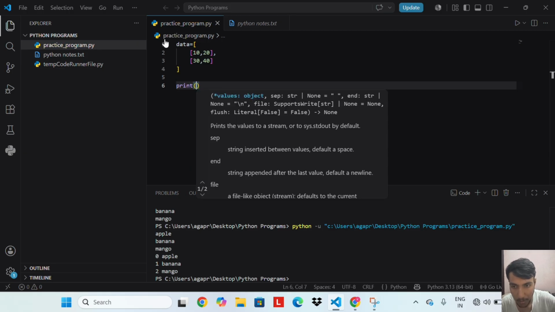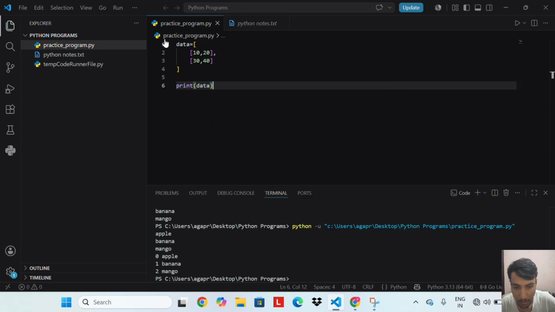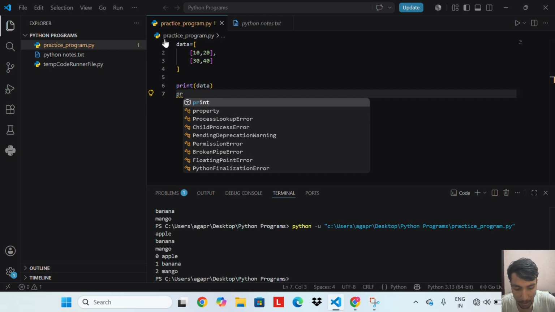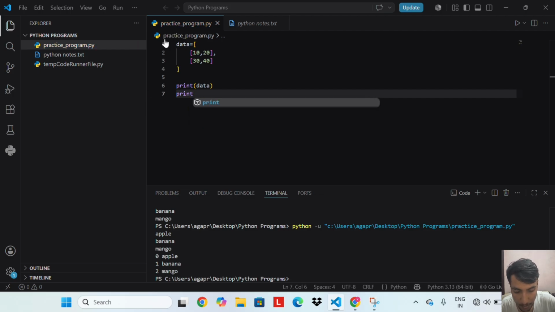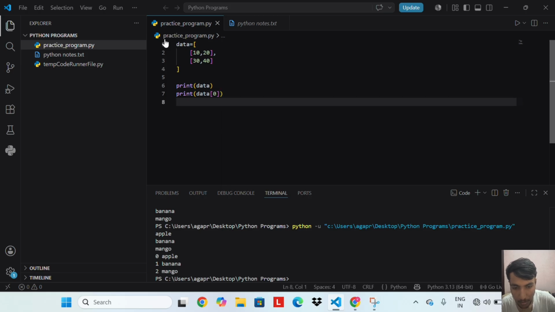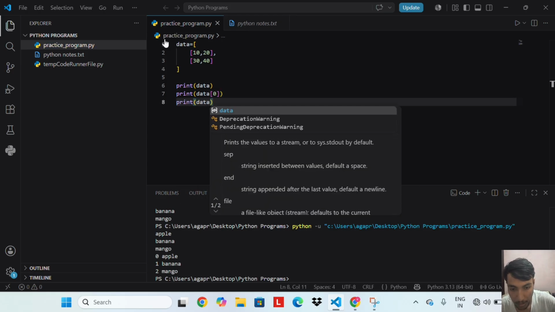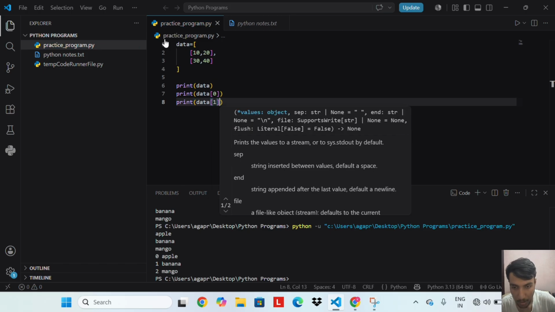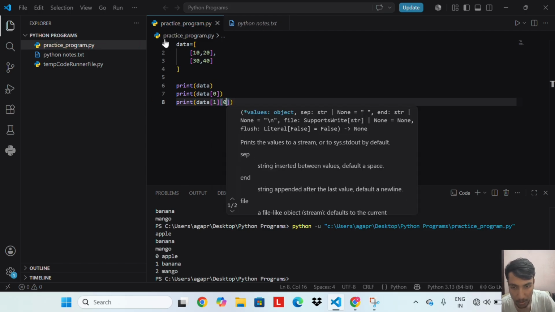Print data, print data 0, print data 1 and 0. Let's run this code.